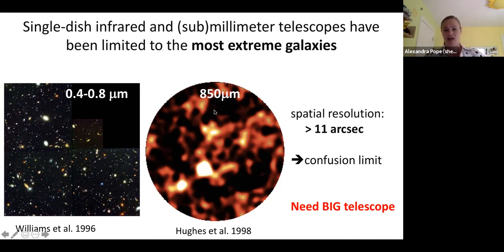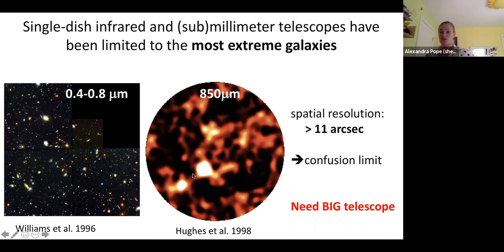You can see there's half a dozen or so blobs in this image on the right, which is showing the emission at 850 microns. And each of these blobs is corresponding to maybe 1 or 2 individual galaxies in here, but making those associations is really challenging at these coarse resolutions.